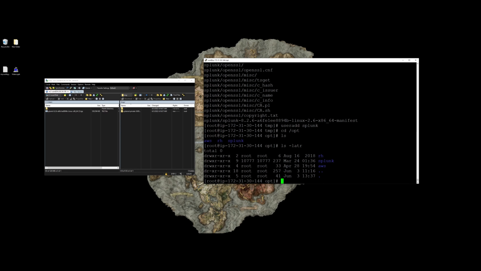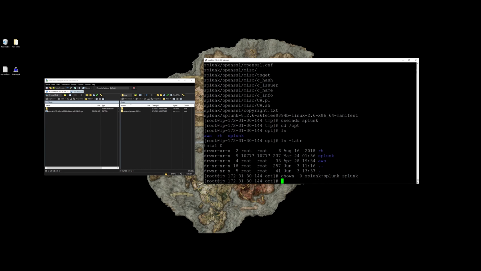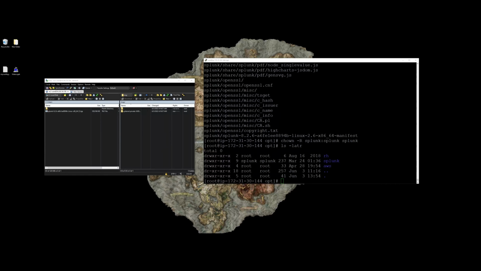So we're going to type in chown for change owner, -R, space splunk:splunk, then splunk again. This will change all of the directory of Splunk and the subdirectories to be owned by the Splunk user. Now that Splunk is owned by the Splunk user, we're going to type in su to switch user again to splunk, then